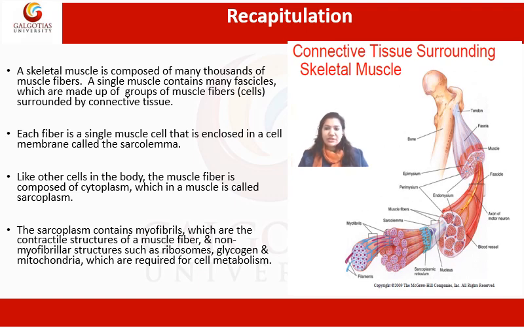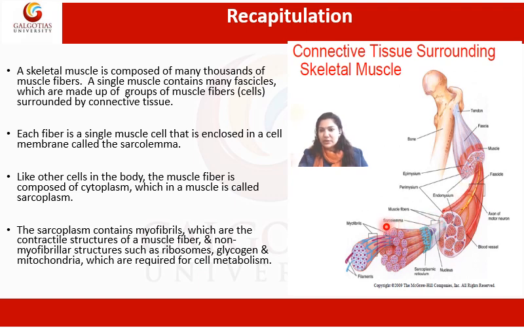In our previous lecture, we discussed the skeletal muscle structure. We discussed that a skeletal muscle is composed of many thousands of muscle fibers, and a single muscle contains many fascicles. Here in this diagram, there is the structure called a fascicle, which is made up of a group of muscle fibers surrounded by connective tissue. Each muscle fiber is a single muscle cell